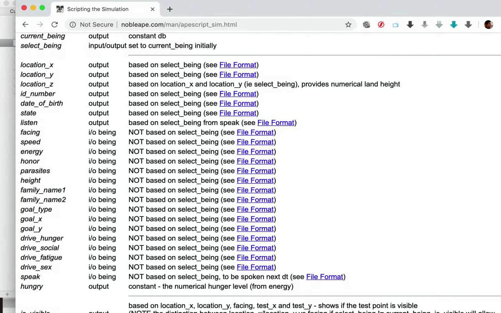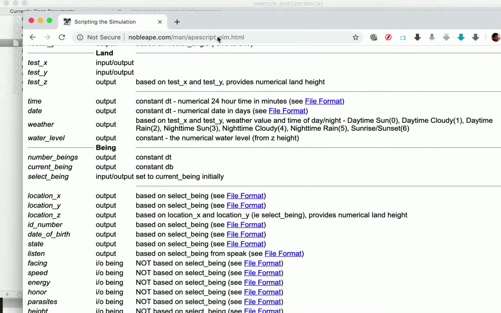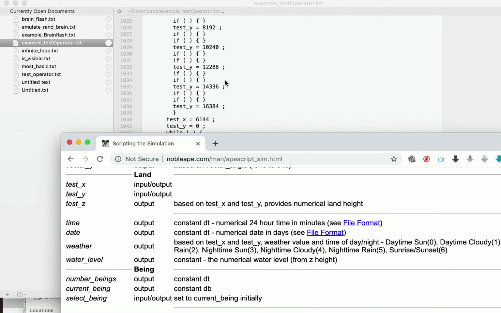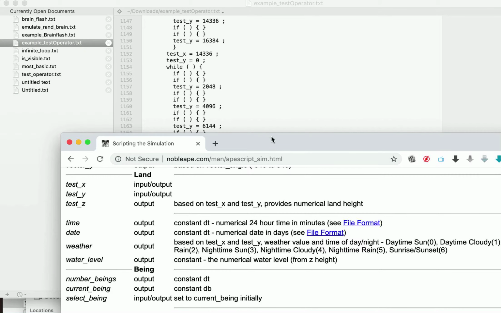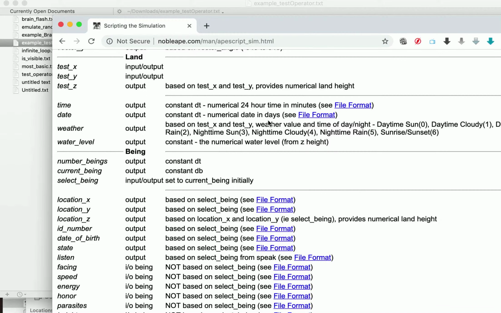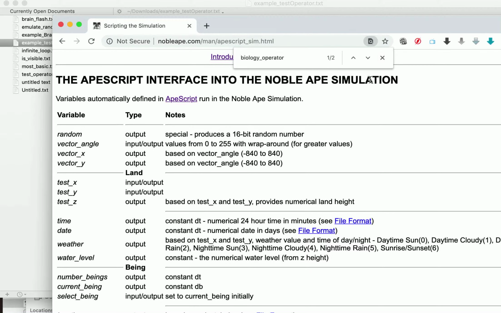So we go back here, and where is it? What's the code specifically we were looking up? Biological operator. So we need to know what biological operator does. So we go here, we find the code, biological operator. Okay. So this can either be set or read from. And I think, if I'm right,